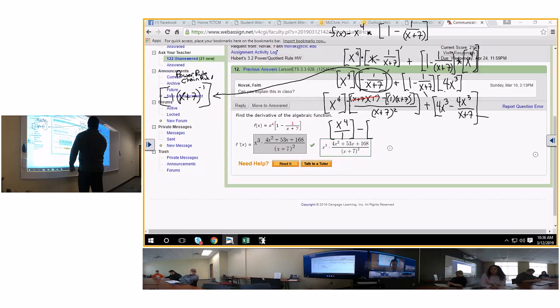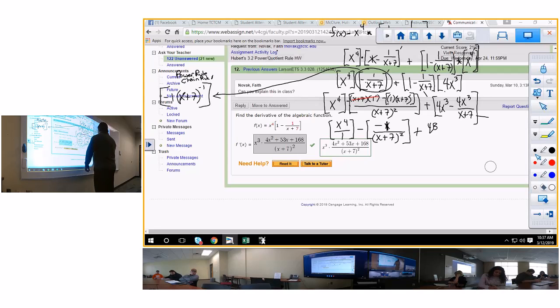That's all right. That's minus, I gotta rewrite this, that's gonna be negative x, negative 1, sorry, negative 1 over x plus 7 quantity squared plus, this is going to be 4x,